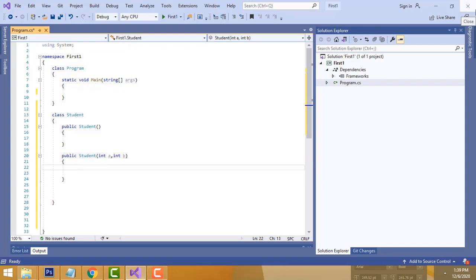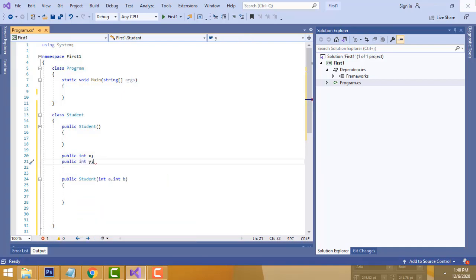Now here I am going to create two variables. I am going to create public variables; these are called properties. Public int x, and another public int y.